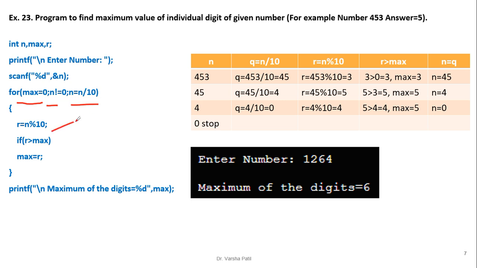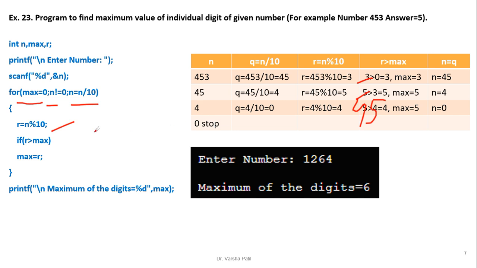We find out the r, then we compare. If r is greater than max, max equal to r. Now here actually this is the separated digit, so this is again 4 and our previous value 5. So 4 greater than 5, condition not satisfied, and